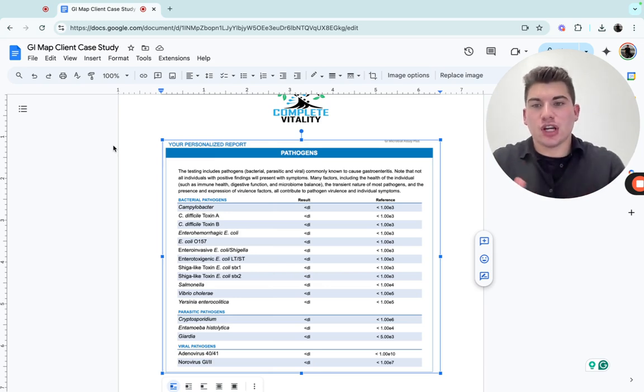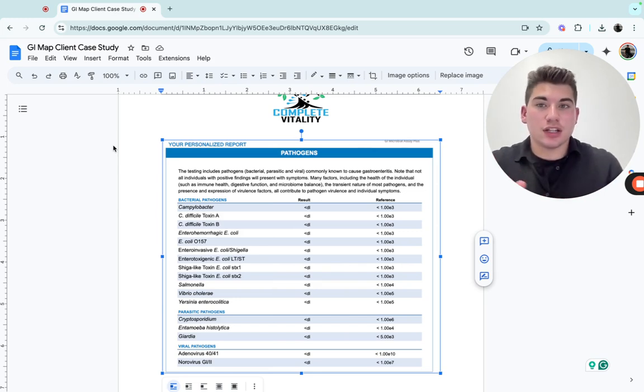Okay, so we use the GI map, which is called Gastrointestinal Microbial Assay Plus. This is a comprehensive DNA stool analysis that we use with clients with IBS, IBD conditions, we use with skin issues, and then severe autoimmune issues as well. What this test is for is to get a deeper, comprehensive look at what's going on with the